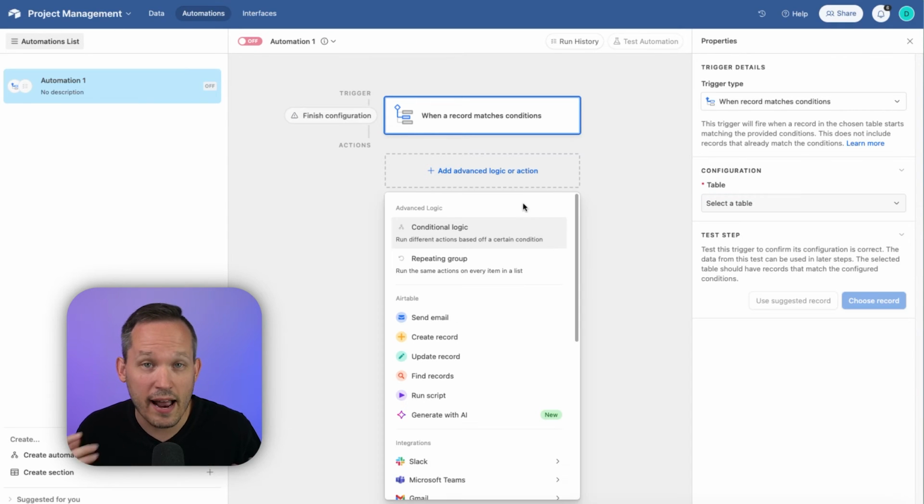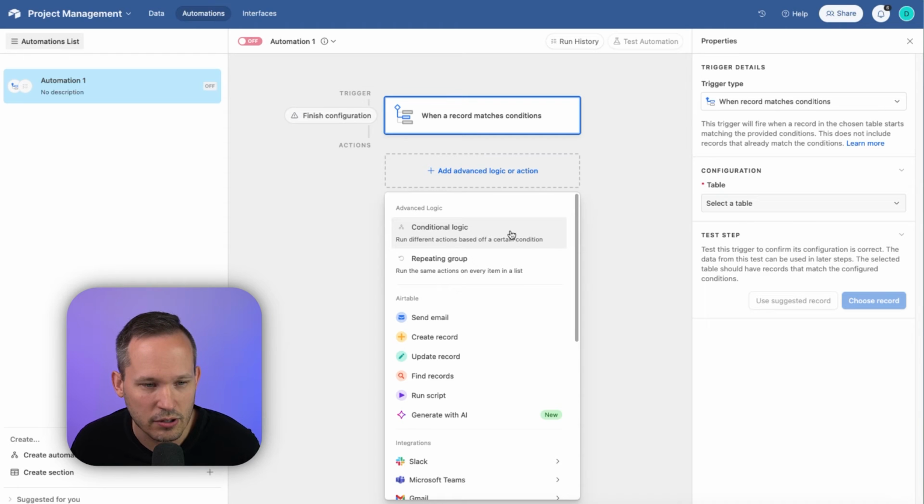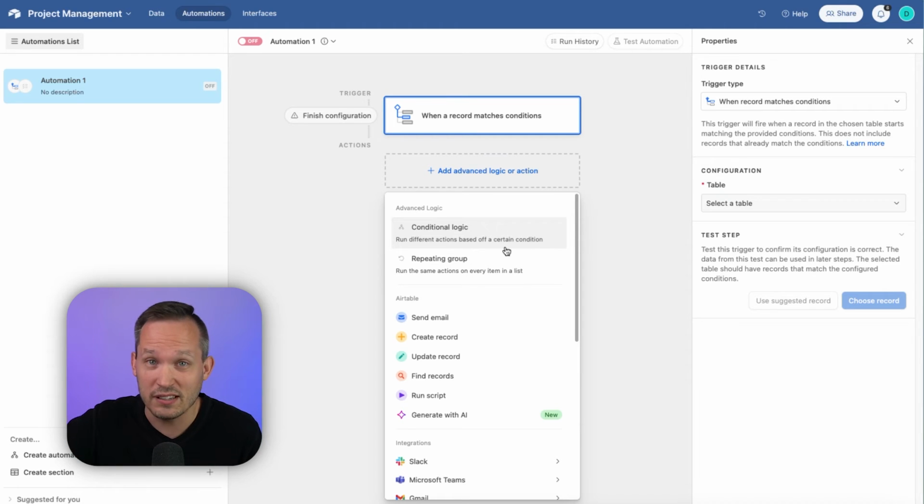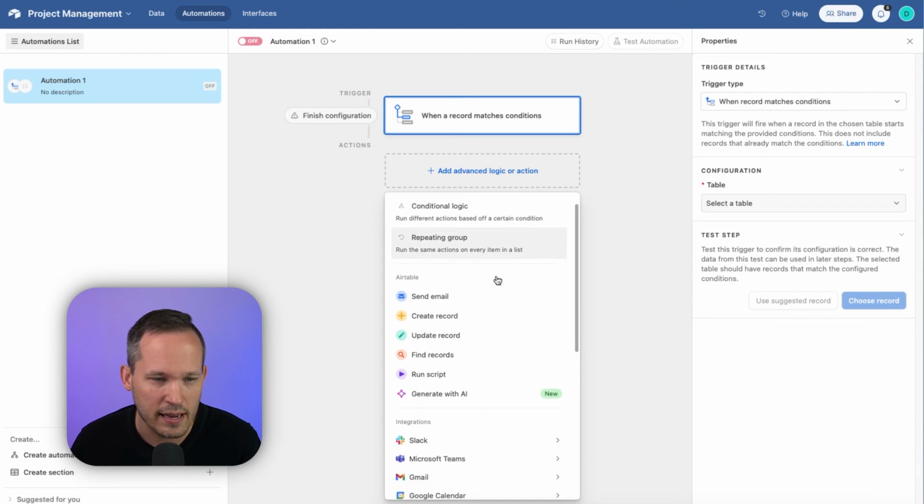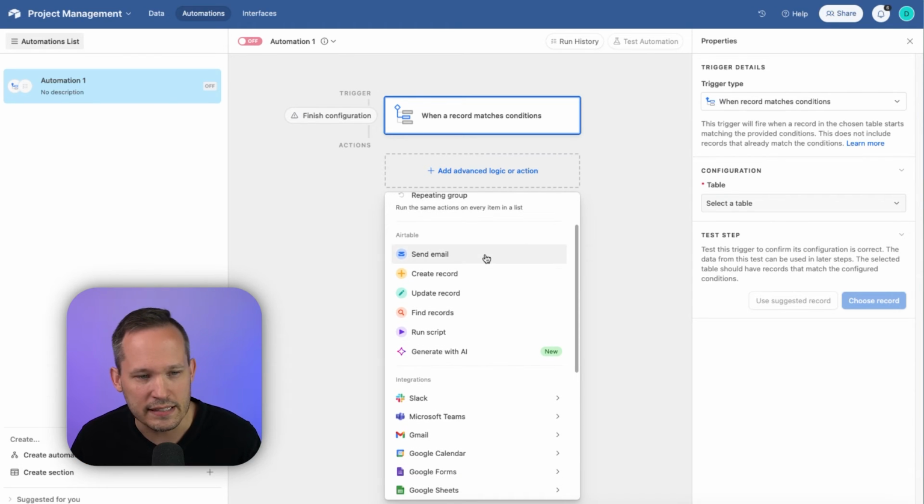And then when it comes to our actions, we've got several additional options when it comes to more advanced logic, things that you would almost program if you were a programmer, things like conditional logic or repeating. So if you have a list of objects and you want to repeat the automation for every step, that's a good use for that. And then we've got several actions inside of Airtable natively, things like sending an email,